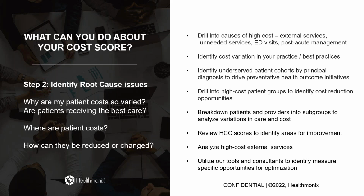All right, so you have a wide range of facilities that are available to you that are outside your care for skilled nursing. And some of them have higher costs than the others. Deciding where does the cost of care fit in? How are you doing that? Talking to them, maybe making sure that your providers are recommending a certain facility over another facility based upon their quality and their cost scores, and utilizing tools from HealthMonix as well as our consultants to identify measures, specific opportunities